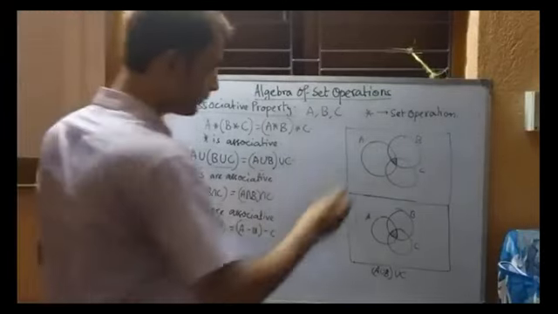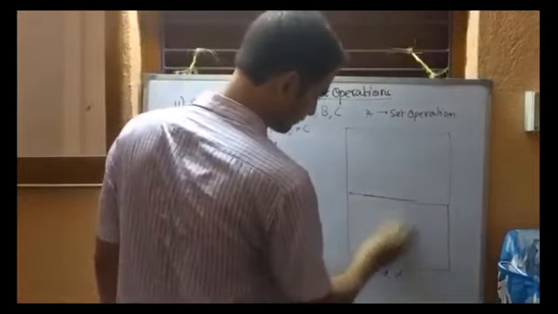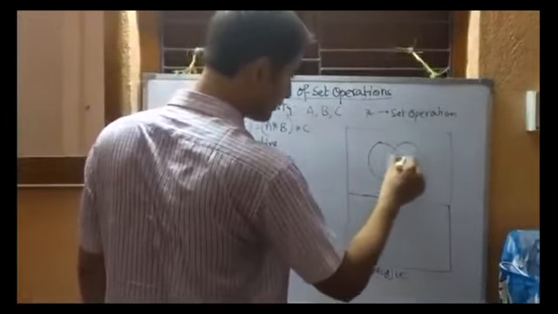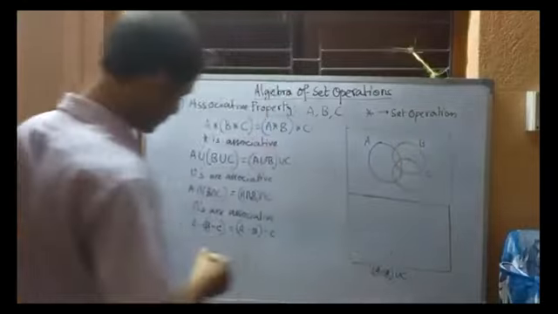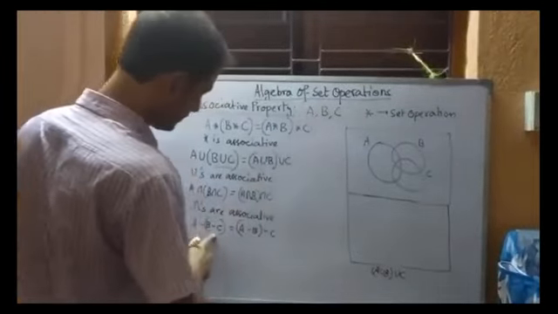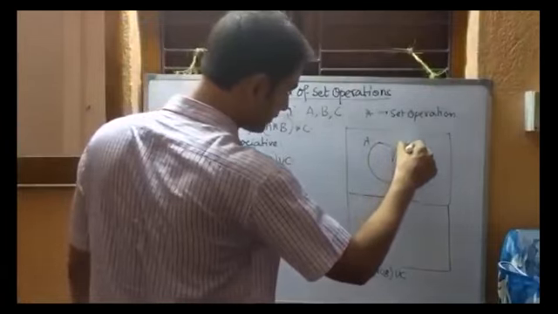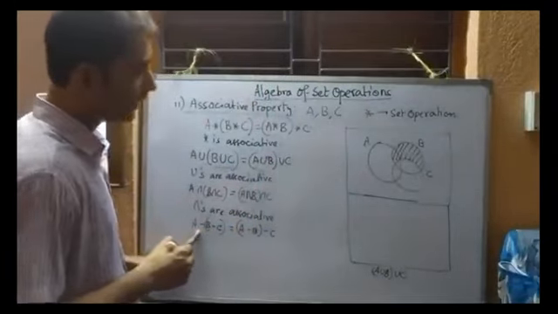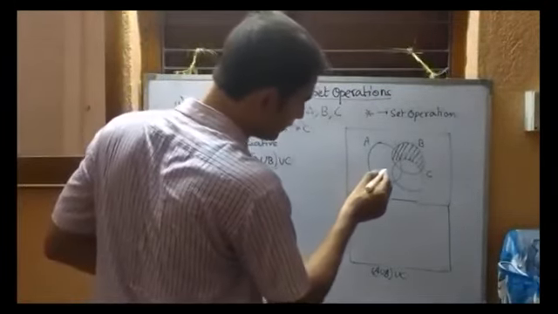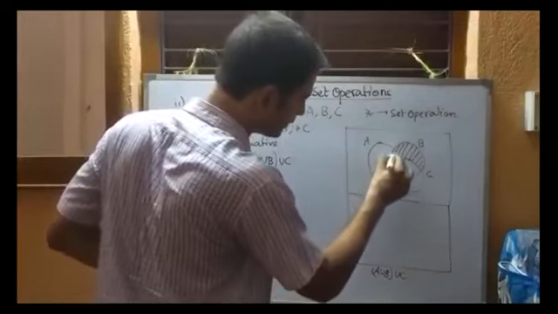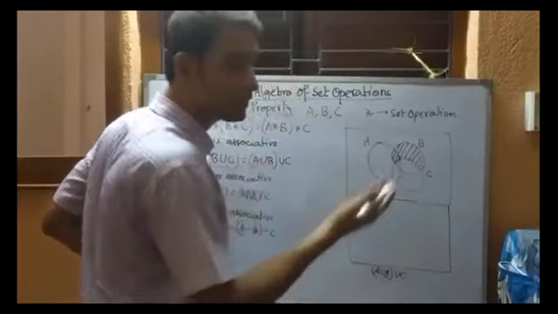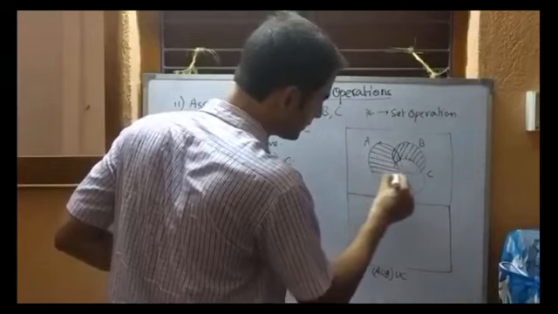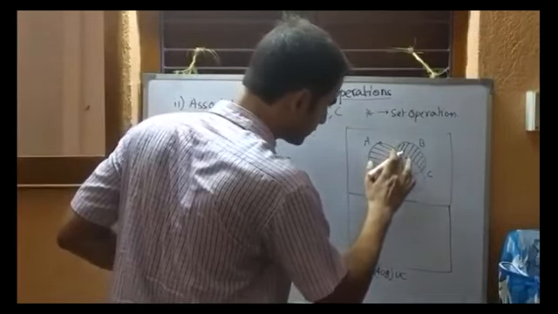So let us draw the Venn diagram one by one. Okay, so for the first, we draw the sets. Now see, first we draw the Venn diagram for B difference C. That will be like this, and then we subtract it from A. So which part of B difference C is inside A? Only this part. So this will be subtracted from A. So we shade A difference (B difference C) like this, and then subtract this part.